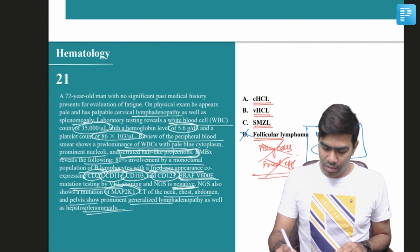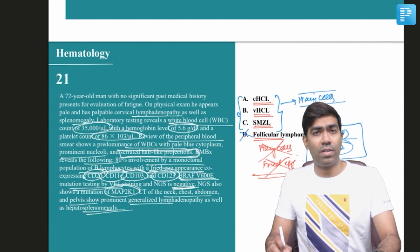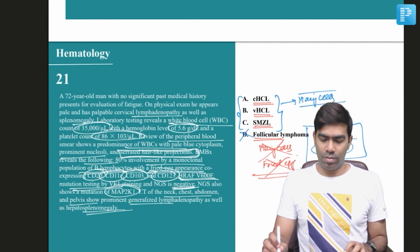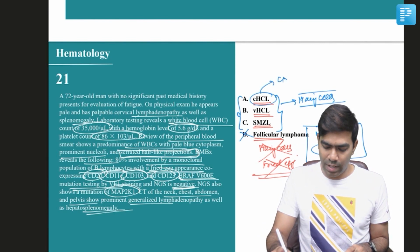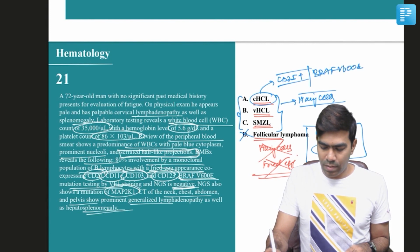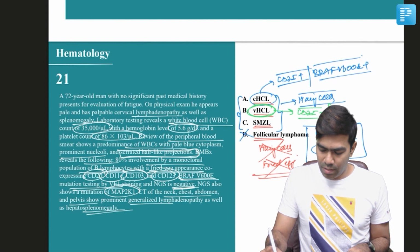So remaining three conditions: classic hairy cell, variant hairy cell leukemia, splenic marginal zone lymphoma, all these things can produce hairy cells in the peripheral smear which can be TRAP positive, plus at the same time they can produce that characteristic fried egg cells in the bone marrow also. So it's a little difficult to differentiate them, but we need to, because it's a question, right? So what about classic hairy cell leukemia? Classic hairy cell leukemia will express CD25, and by default they will be showing BRAF mutation positivity. On the other hand, variant hairy cell leukemia will not express CD25 and they will be